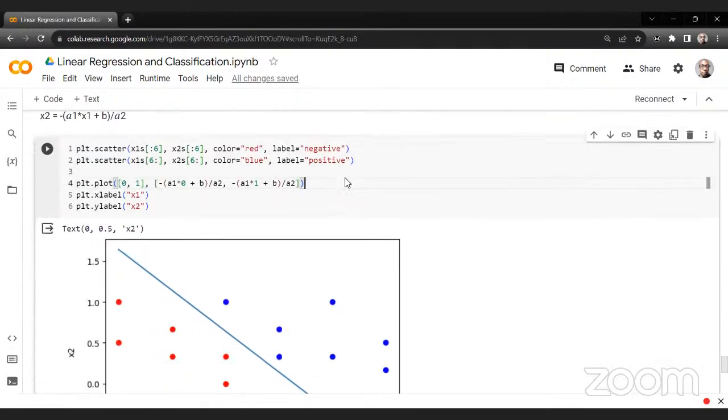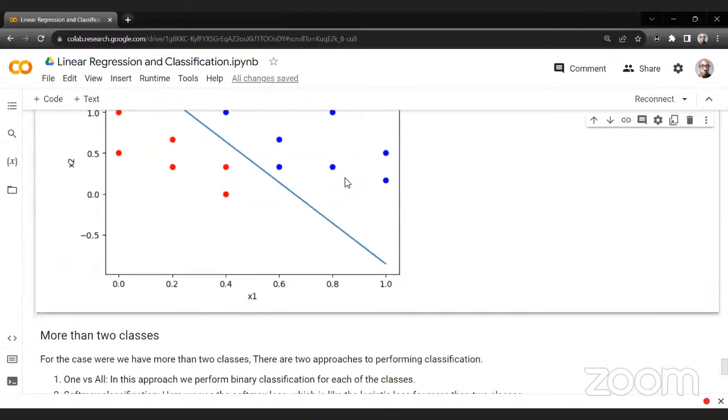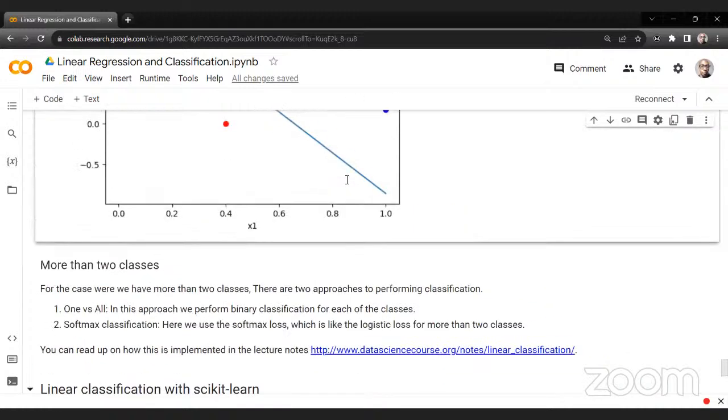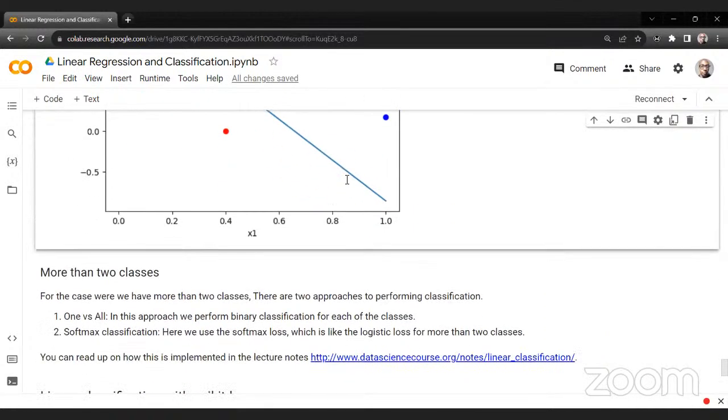Okay, yeah. So if you understand this, then you can scale it up to multi-class. It's still the same idea, right? So let's look at the case where you have more than two classes. In this case, there are two approaches. There's the one versus all. One versus all simply means you consider one class and perform binary classification on that one class. You treat that class as a positive class and all other classes as negative, and then you do